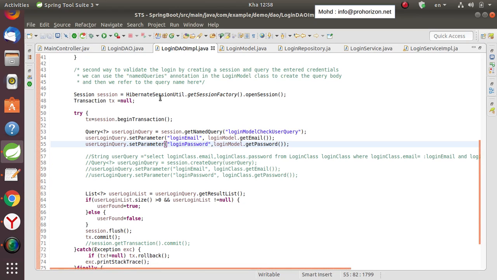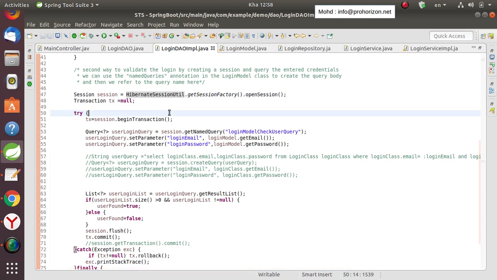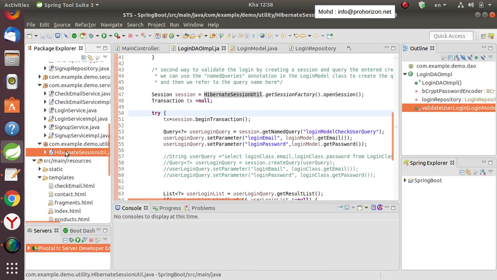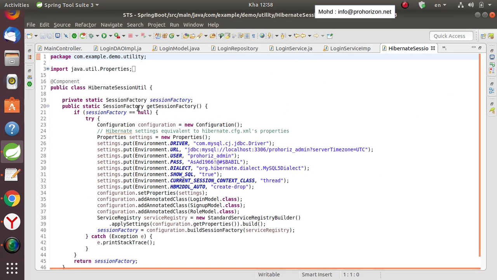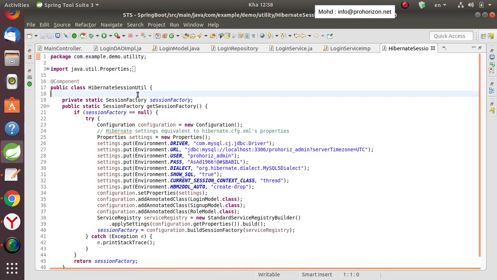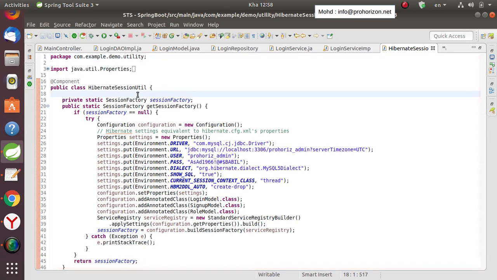This is the first point. We will use this class, the Hibernate Session Util. It's a utility class, and you can get it from the GitHub. This is the class, but the same name you can get from the GitHub. And this class uses a session factory. This session factory will generate a session for you, and you can use this session for the connection with the